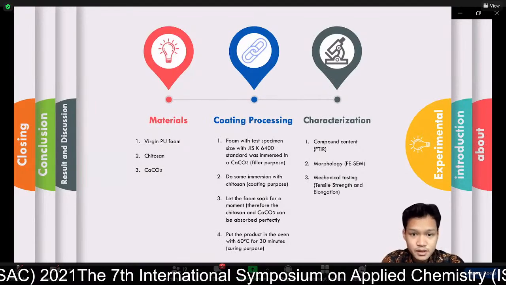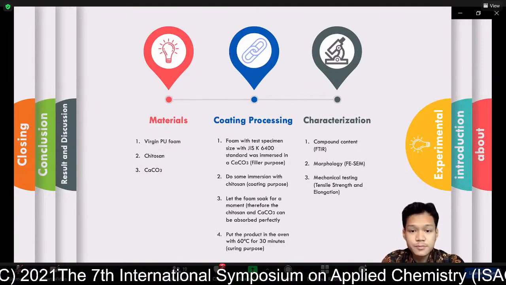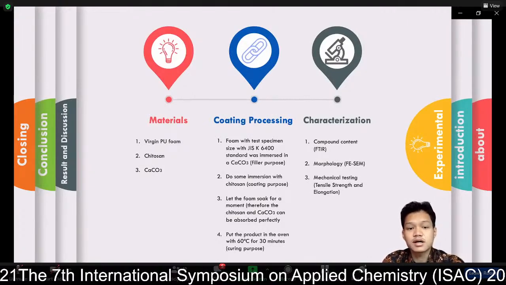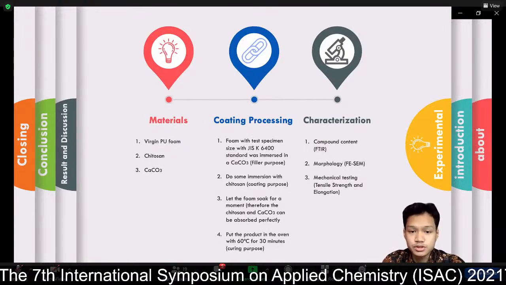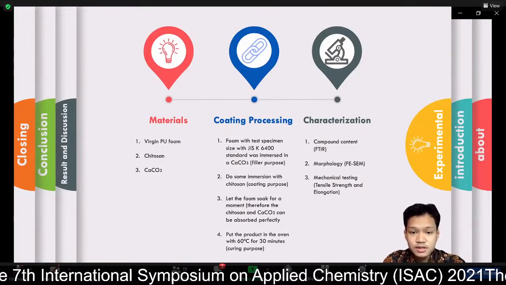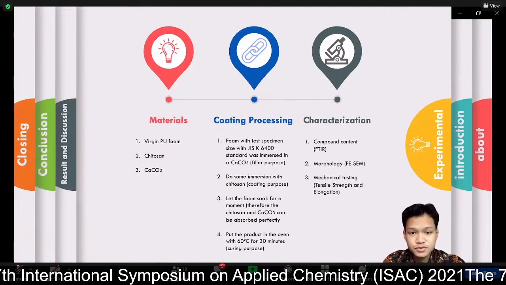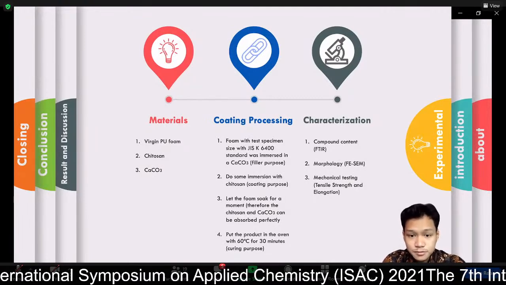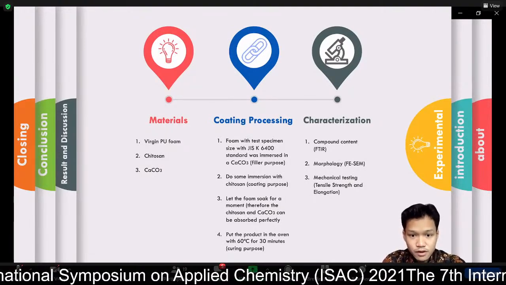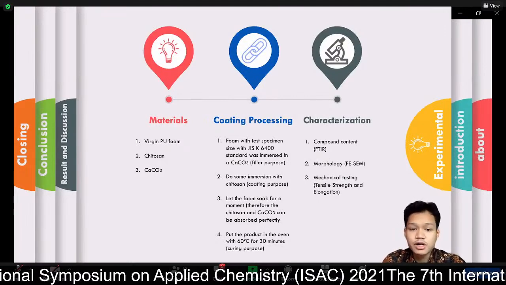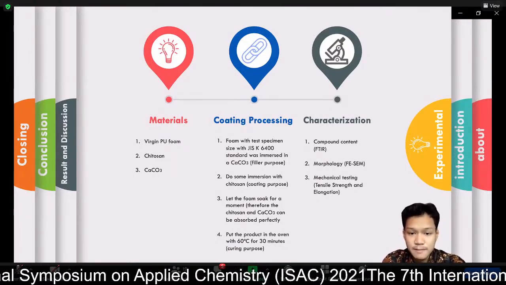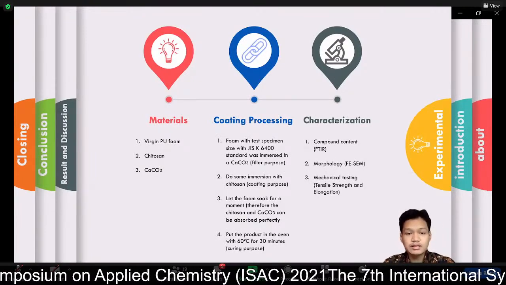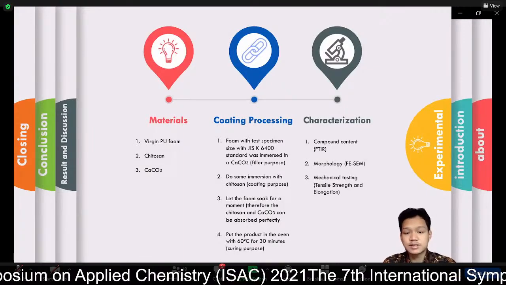Next, for the coating process, the foam with this test specimen size and that standard was immersed in calcium carbonate for filler purpose. And the next one, for coating purpose, we use immersion with chitosan and let it soak. Therefore, both chitosan and calcium carbonate can be absorbed perfectly. And the last, we put it in the oven at 60 degrees Celsius for 30 minutes